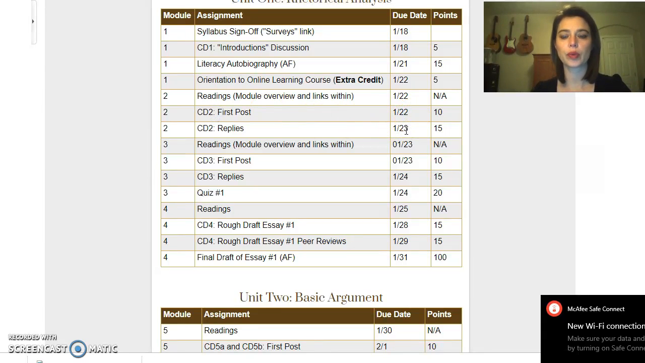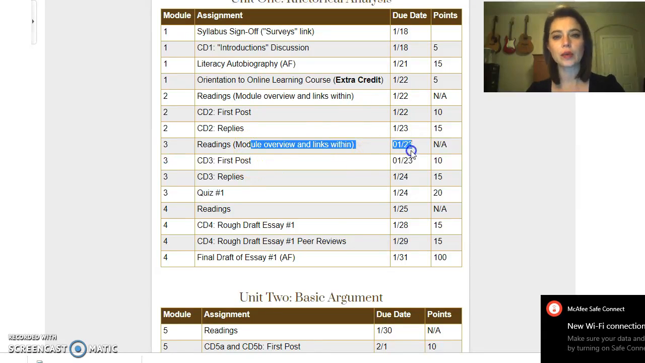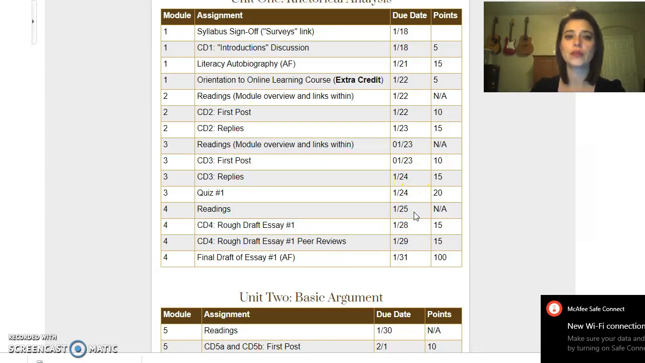You're going to post and then reply. Your replies are due by the next day. You can get those done early if someone else has already posted and you can already reply to them. But it just means that by midnight on the 23rd, which is Wednesday, you'll have your replies finished. Your readings then will be due Thursday, along with your post to the third discussion. And then by Friday, you'll have replies to that first discussion. You'll complete your first quiz. I'm just making sure that I got all these lined up. Monday, Tuesday, Wednesday, Thursday. Okay, so actually Thursday, your replies and your quiz, and then your readings are due on